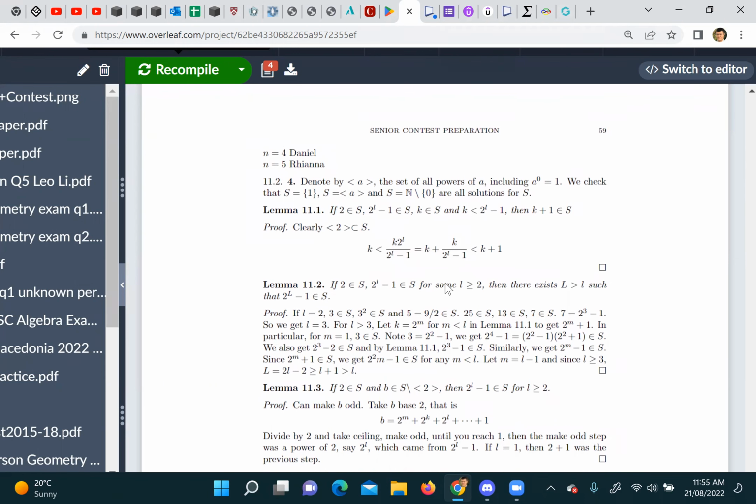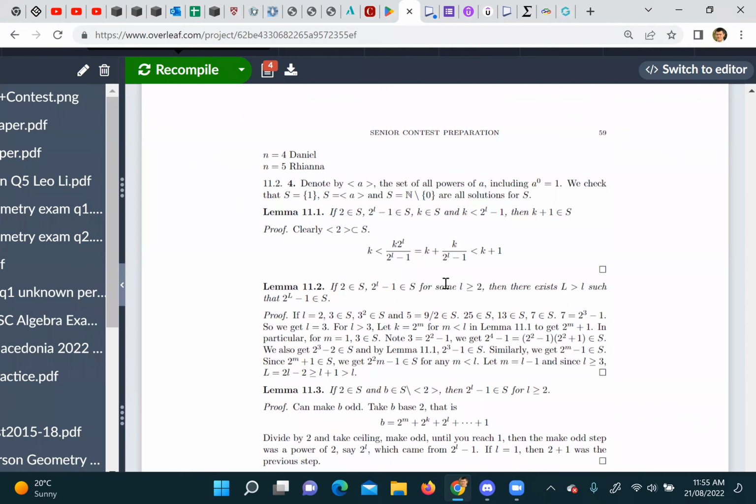Whatever. I mean, the idea is pretty simple. It's just L. It might be a little bit tricky with the small L's. Yeah, if L is too small, it might be a bit annoying. But basically the idea is